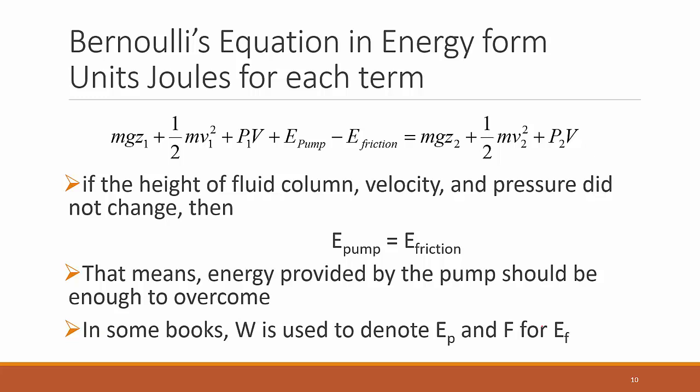So in case the height of the two locations is the same, Z1 equal to Z2, you can cancel out, right? If the diameter of the two pipes are the same, then V1 equal to V2, you can cancel out. If they both are exposed to atmosphere, you can ignore pressure. Then in that case, the sizing of the pump, the energy required by the pump should just be able to